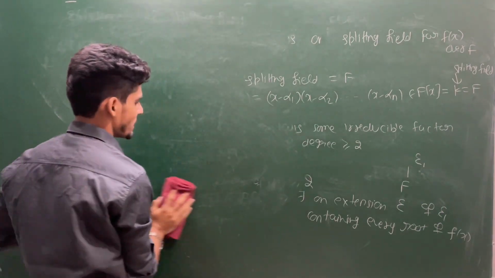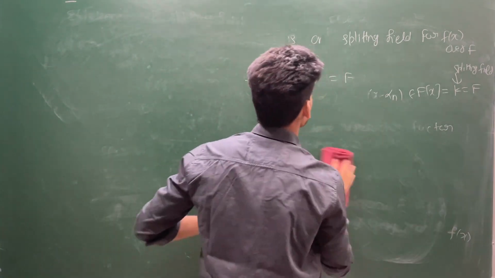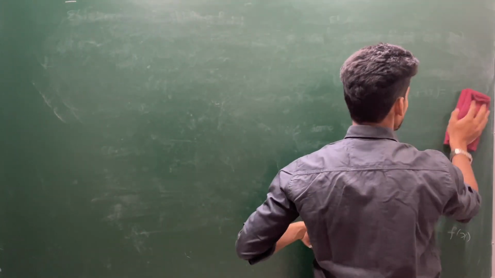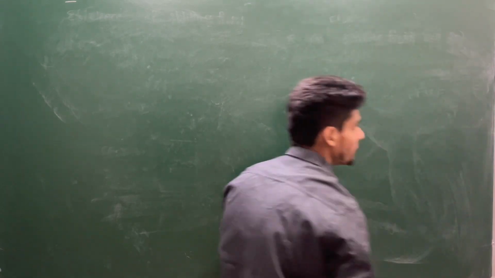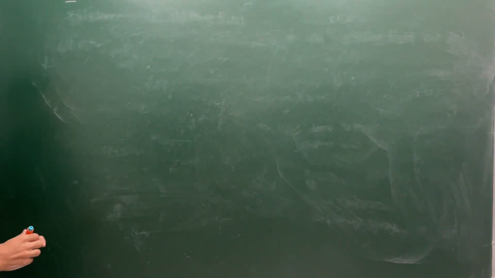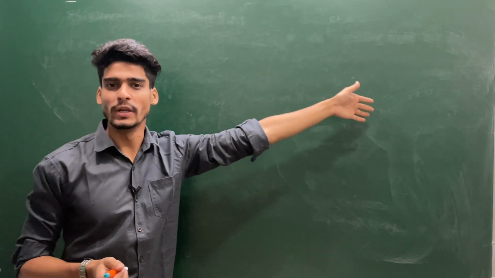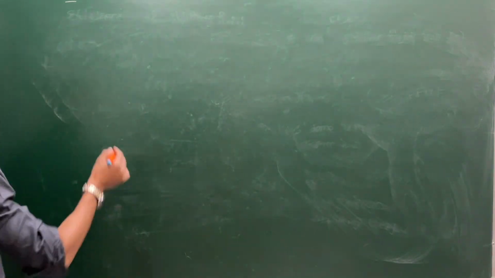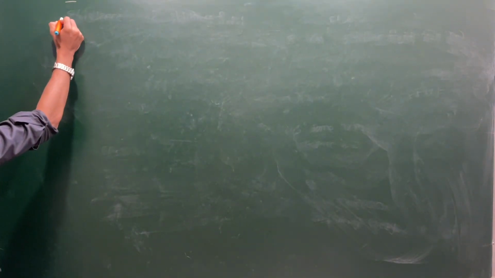So this was the existence of splitting field. Soon we will prove the uniqueness part also. Because the word I am saying, this is the smallest one, then it is going to be unique by the name. But we will prove it explicitly.